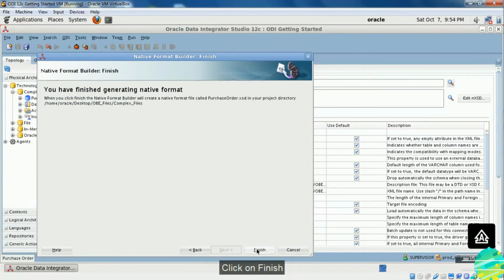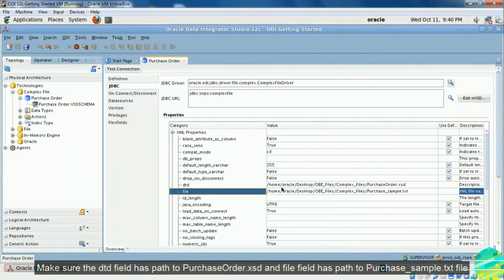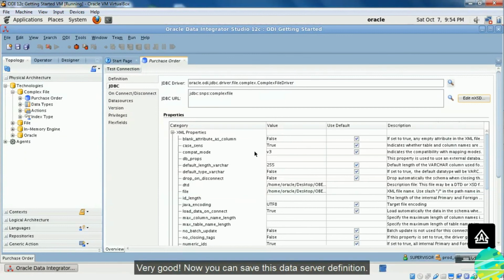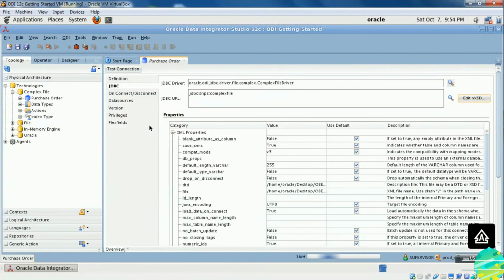Click on Next button and click on Finish. Make sure the DTD field has path to purchase order.xst and file field has path to purchase order sample.txt file. Very good. Now you can save this data server definition.